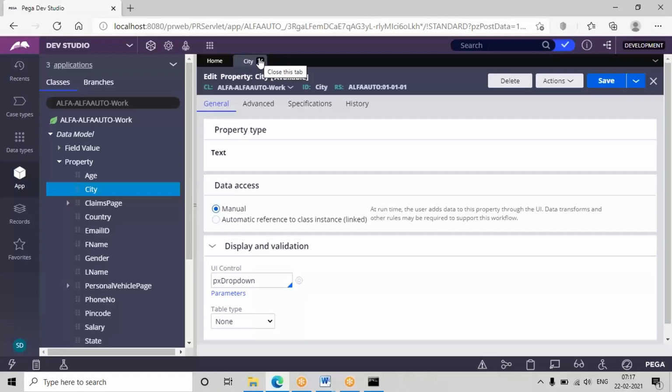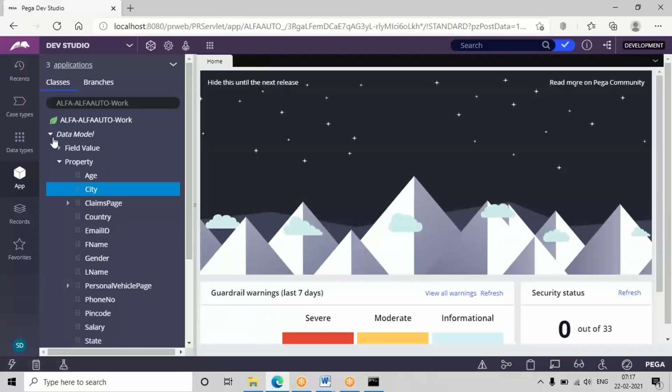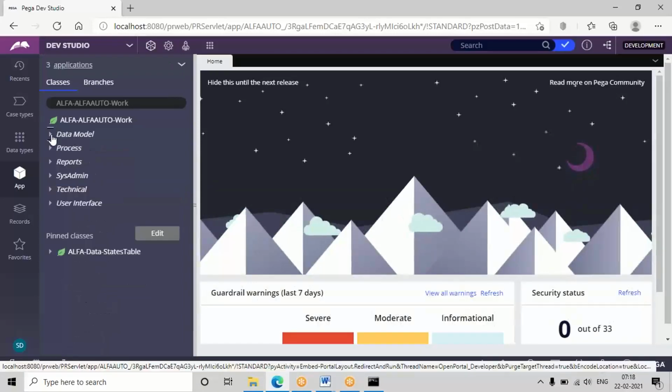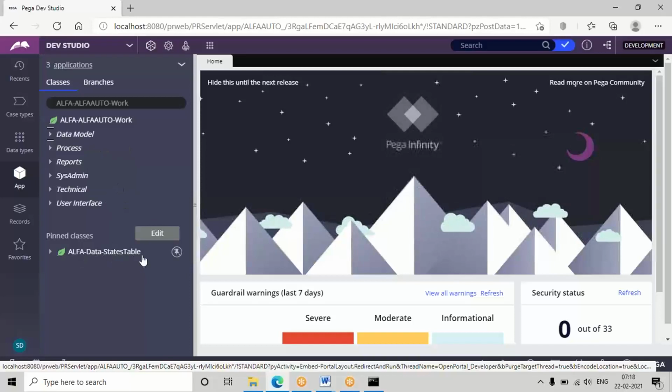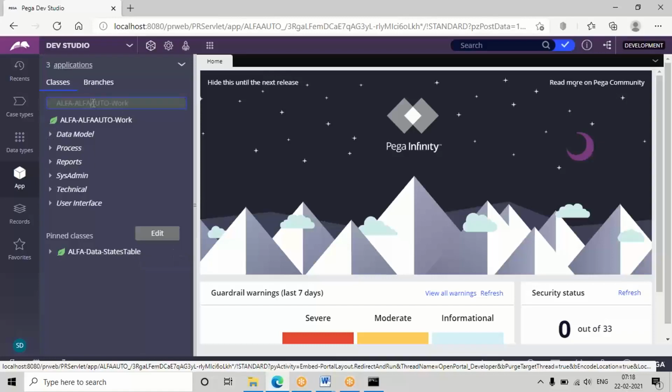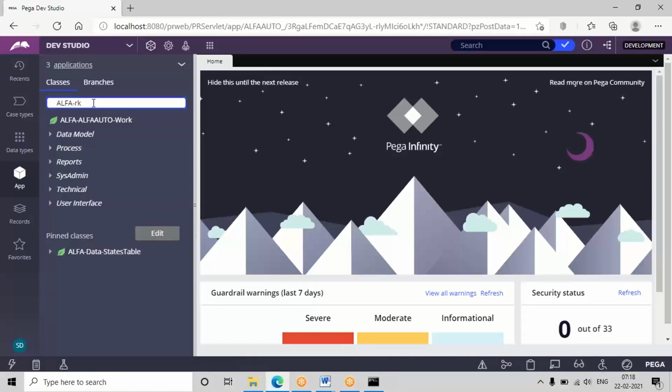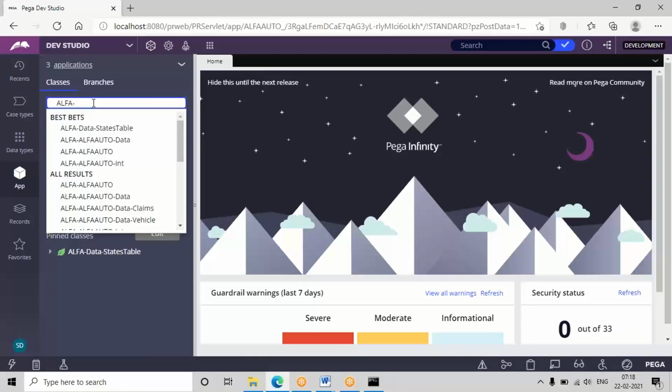Now we are going to do this requirement first using report definition. I told you earlier, wherever records are there, there only we need to define the report. So earlier, if you remember, when you are fetching any data from the state table, the report is created under the table class. Similarly, now also, add this cities table to pinned classes.